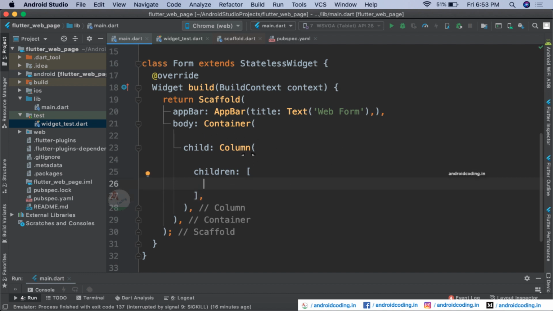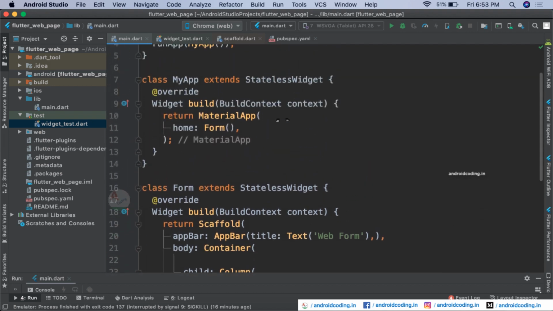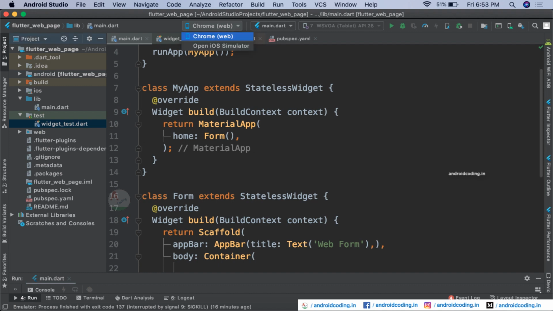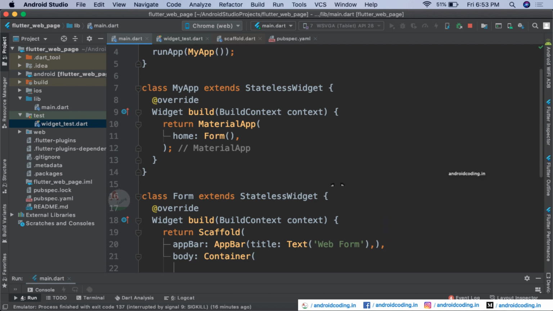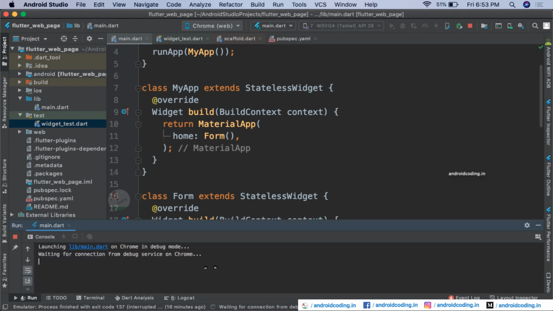So far so clear. Let us try to run this code and see the output before going any further. Out of the drop down, select the Chrome web option, and try to run the code. If you are a beginner at designing web apps using Flutter, you might face some errors. Do let me know in the comment section below, or visit my previous tutorial on web app introduction, and also make sure you are using the latest Flutter SDK to avoid any issues regarding the web application.